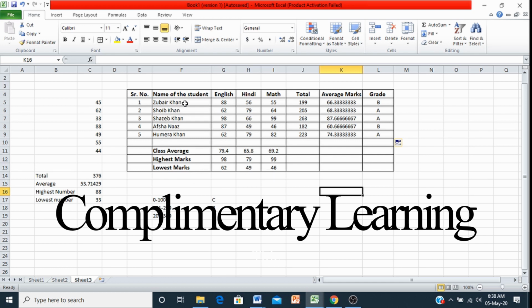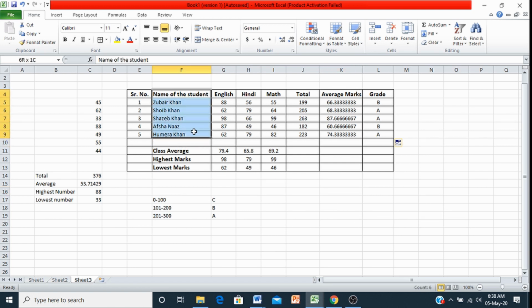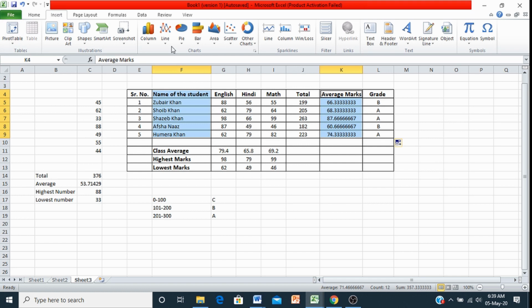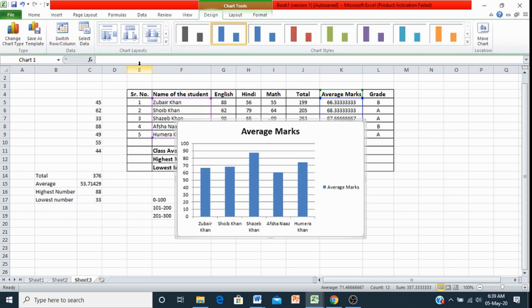So next thing, we'll just prepare one chart over here, so you understand how we can take out charts for averages. I'll select till here and just press Control, and here also I'll select. Okay, I have selected these two columns, name of the student and average marks. So here I'll go to Insert and choose this chart group. One of the charts I can take from here, I'll take this first one.